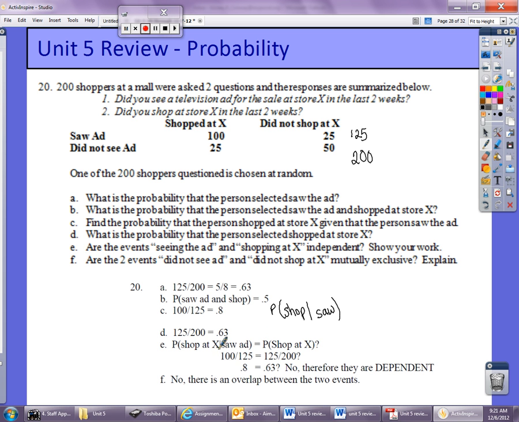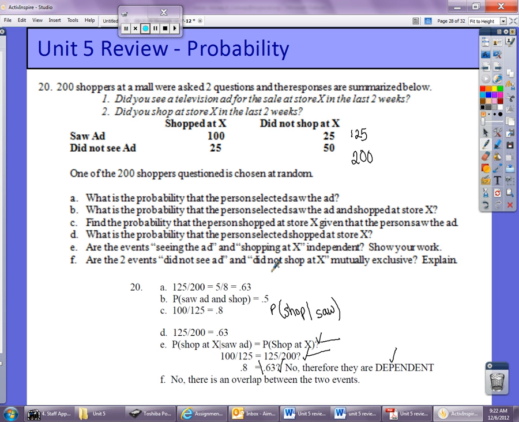So shop at X given they saw the ad, which I already calculated was 0.8. Is that the same as the probability that they shopped at X? And we again already did that probability of 0.63. And again, you have to show this, you have to show the probabilities, and you have to show whether or not they are equal. And you also have to have the statement. So you have 1, 2, 3, 4 steps that you have to show for the independence,